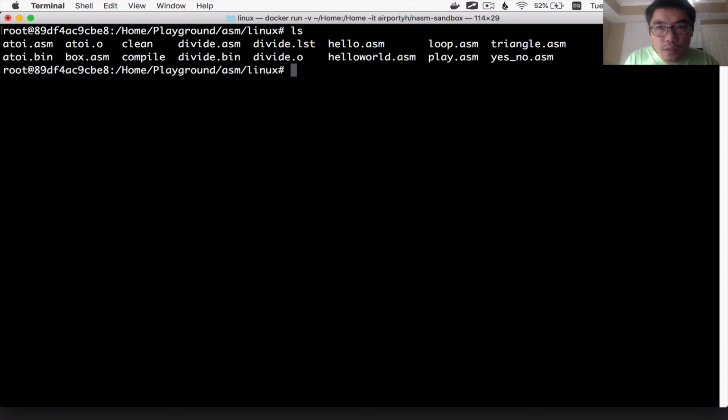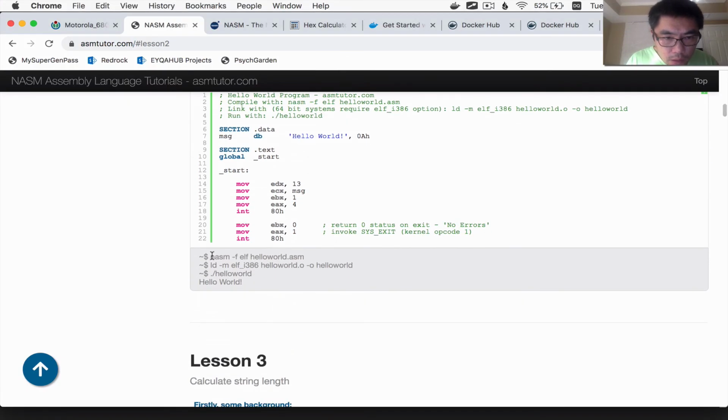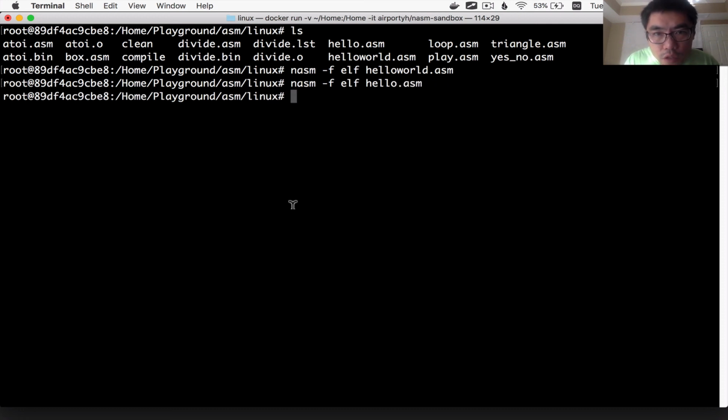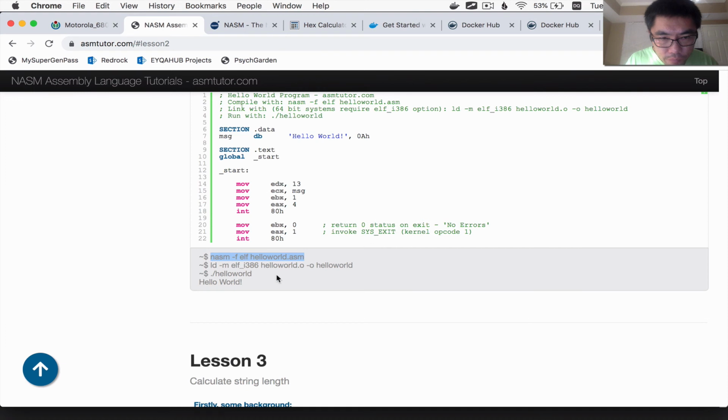And then you can compile this code. How do you compile this code? Well, the tutorial tells you how to compile it. You first use the NASM command like so. Wait, did I call it hello world or hello? I call this one hello, so I'm gonna change it to hello. So again, nasm -f elf hello.asm.